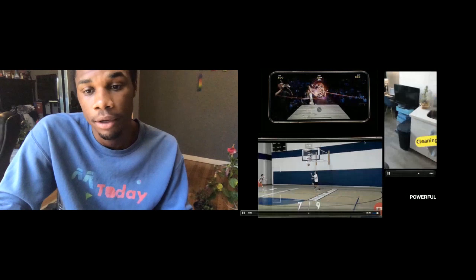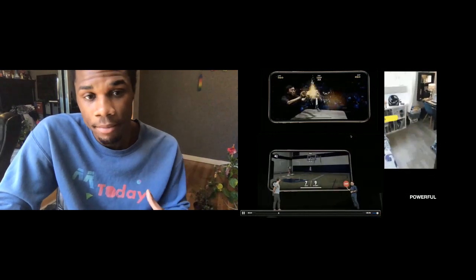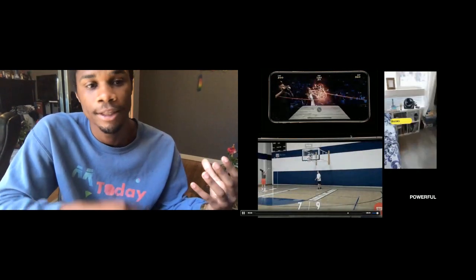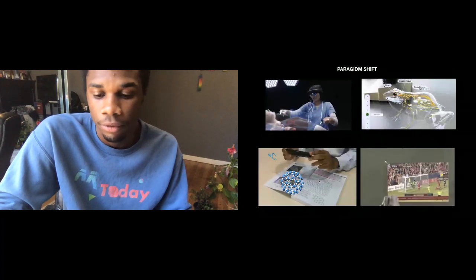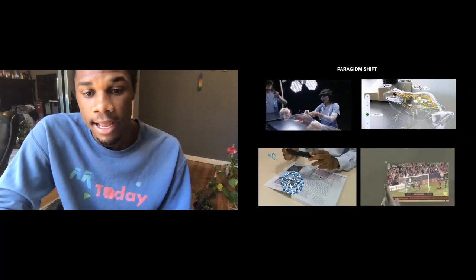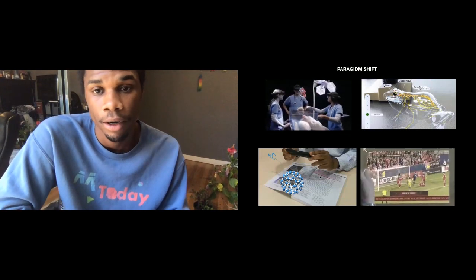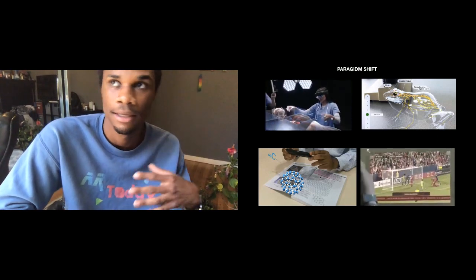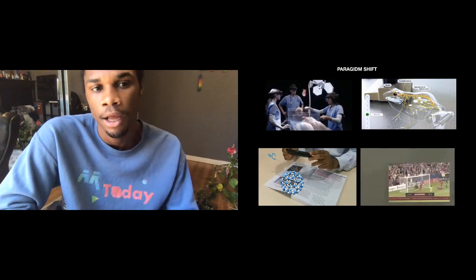So again, we're building all of this on top of a game engine. That's what AR is. It's a game engine mapped to the real world thanks to the AI that can understand the scene. And when you combine that, you are really creating powerful possibilities. And that creates that paradigm shift. Definitely, we're coming up on a paradigm shift where we won't be using computers the same way that we've been using them for the last 10 to 60 years, if you really want to count back, because this is really a huge leap